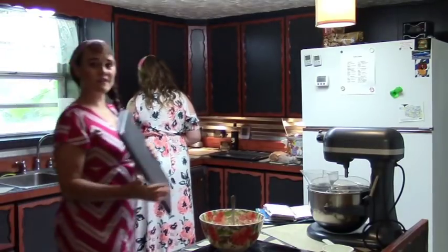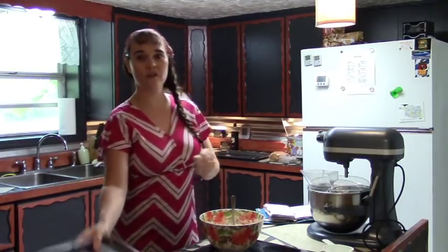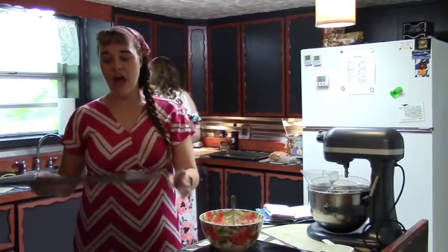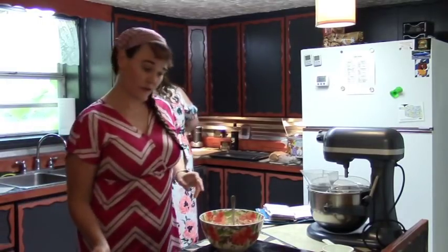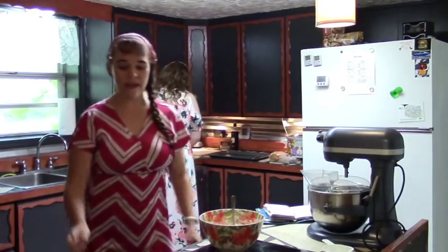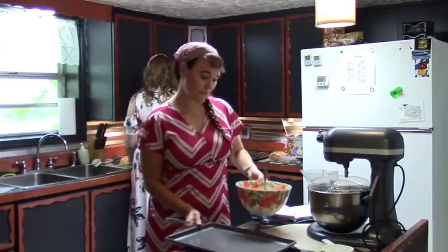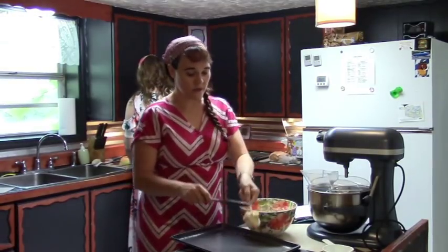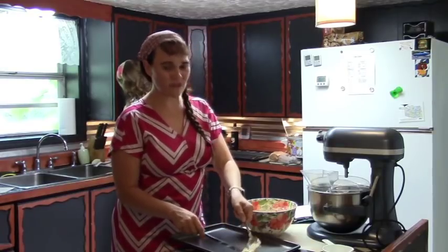Now, normally I do these on a big cookie sheet, but my daughter's using the big one for the sweet potato fries, so I'm going to do a medium cookie sheet and just kind of cram them a bit crowded, and unbuttered, ungreased. Alright, and I'm going to grab a butter knife. And now I'm just going to pop these onto the cookie sheet, and it's going to make about 12 to